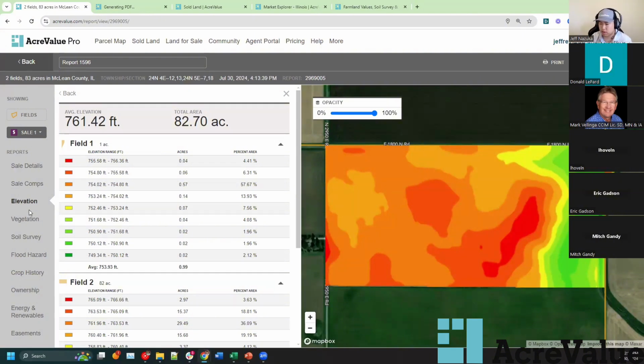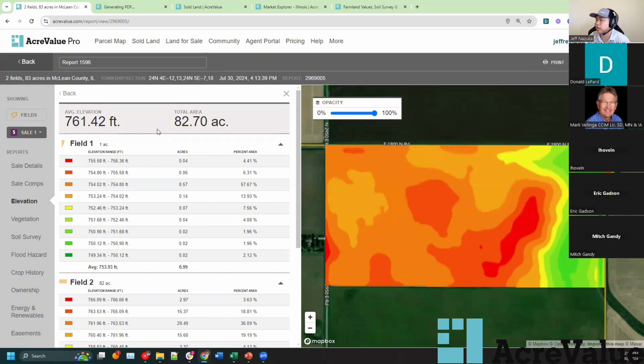We'll take a quick pause here. That was how to generate a comparable sales report, how to establish what the current land value of a single property might be, given that comparable sales approach that we talked about on the slide deck. So now what I'm going to do is transition over to say, well, this is talking about a single property and a single land value estimate in time, right? We're looking at current land value estimates. What about